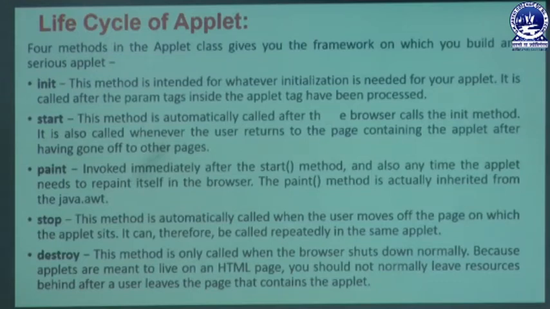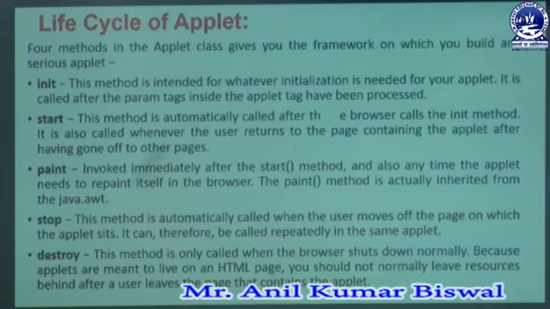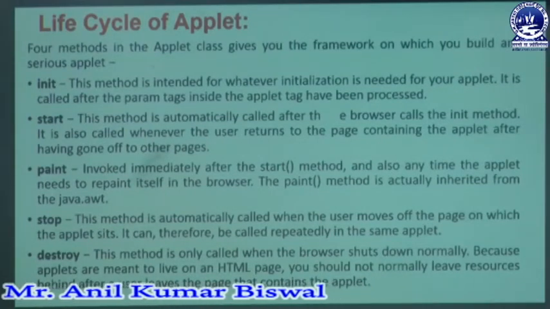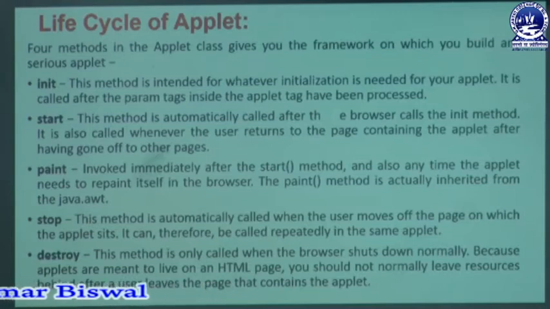But the paint method is embedded in a specific type of method, maybe the start method, or you can say a display section method, but it is still not considered in your programming part. But from a practical point of view, we have 5 methods: init method, start method, paint method, then stop method, and last the destroy method. That means we have 5 types of methods.